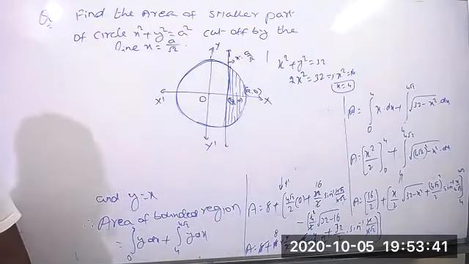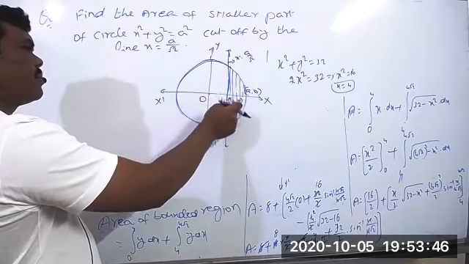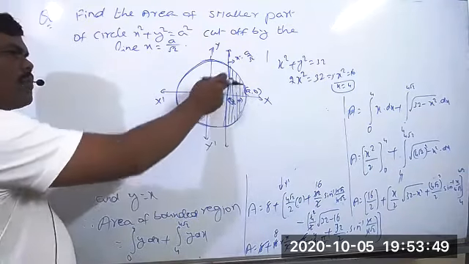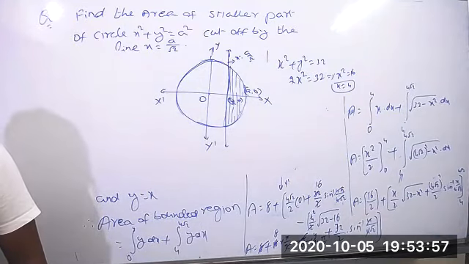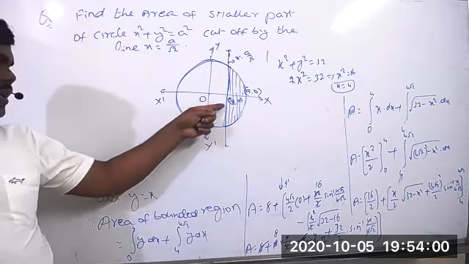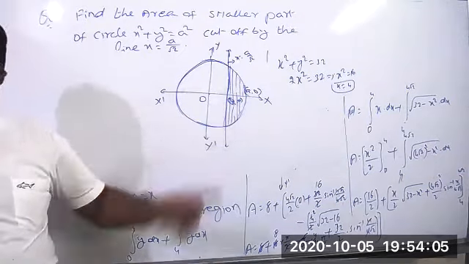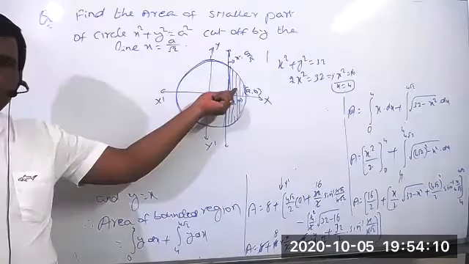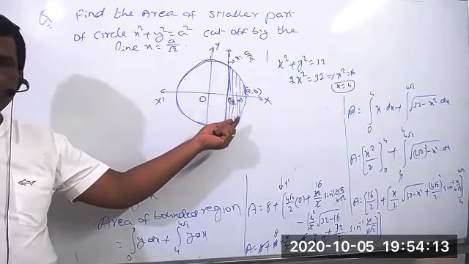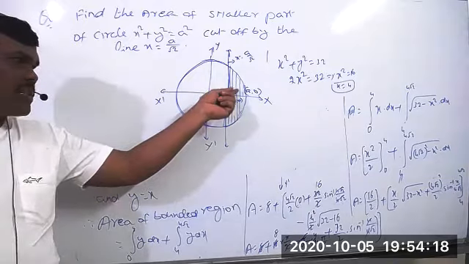Now there is one more important condition. The top part and the bottom part of this shaded region, are these two same or different? Same, sir. That means we just find the area of one single part and then take the double. Yes, we are taking the area of the first part here.